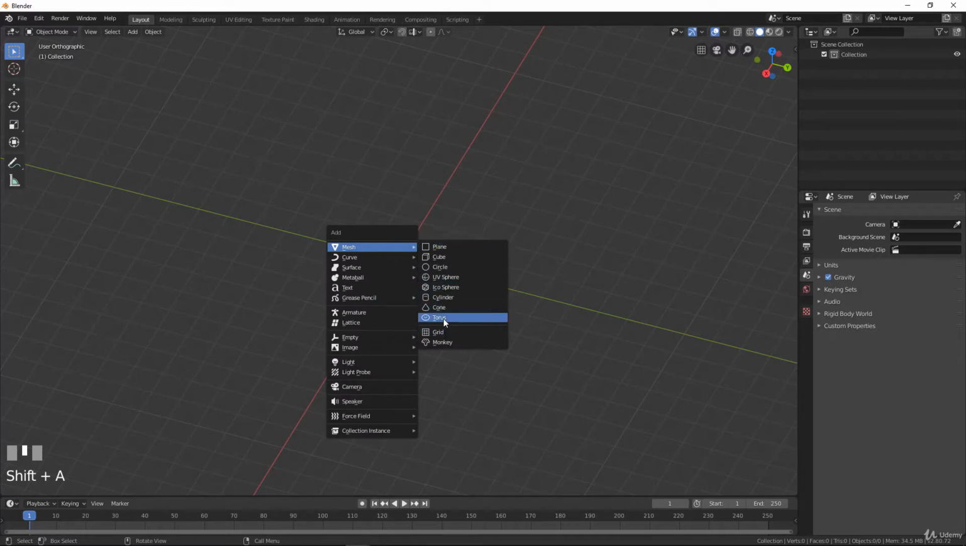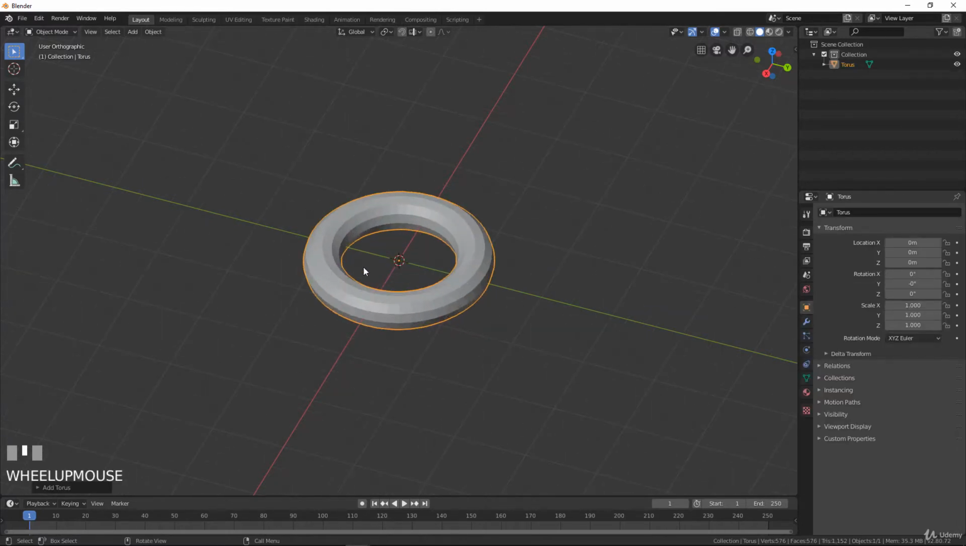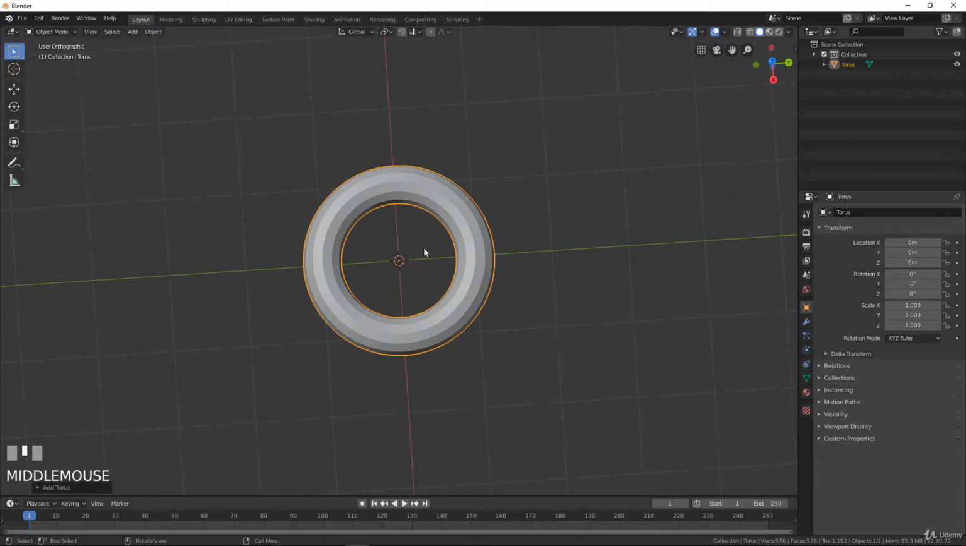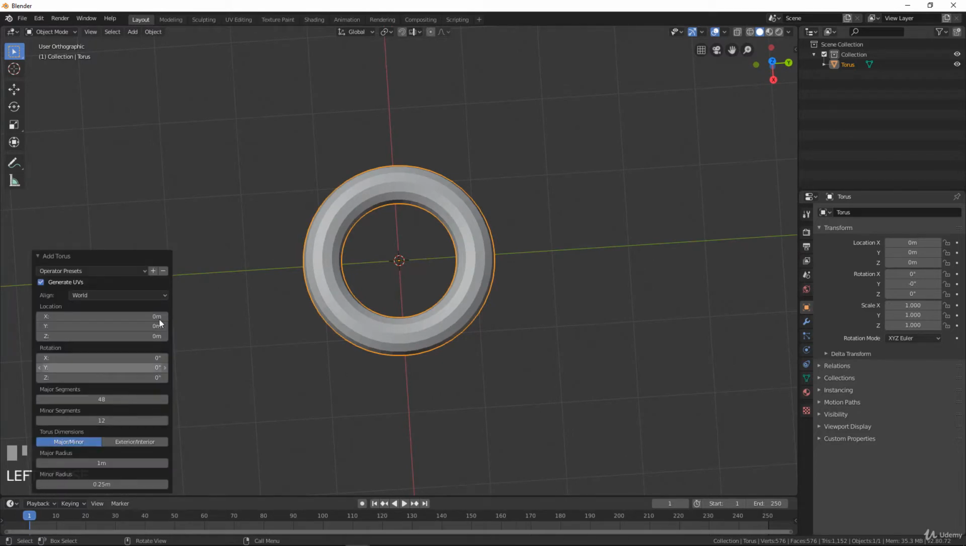I will just add here, let's say, a torus. The torus will be the basic shape of the first link of the chain. Okay, so here in the torus options, I will choose something very low poly like 24, even maybe 20 will be enough, or 16. Yeah, let's say 16 will be okay. And I will go into the minor segments as well, and I will put 8